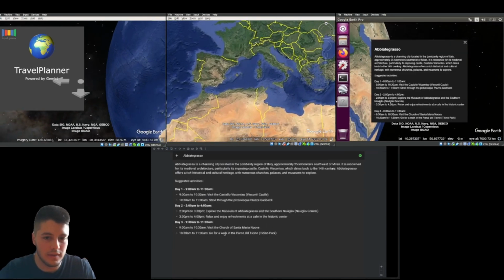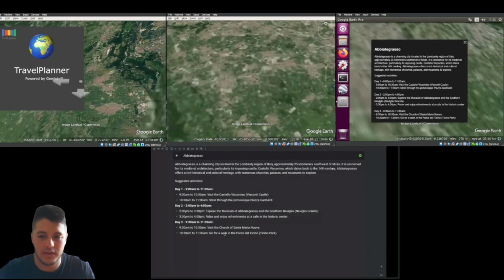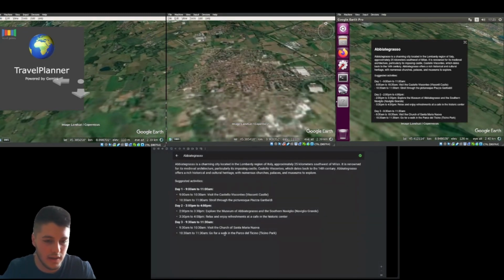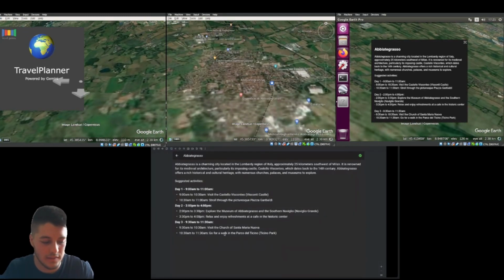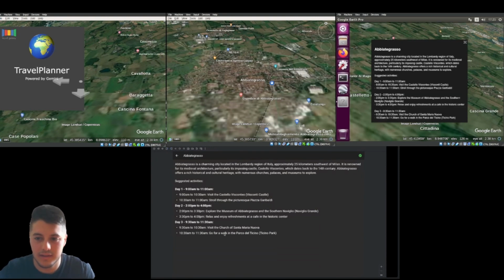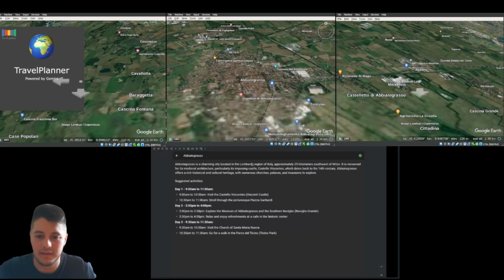Okay, so the application will fly to the selected city, and a list of suggested activities will be shown on the tablet and on the right screen of the Liquid Galaxy, and this information is gathered by the Gemini API. There will also be a very quick description of the city, and that's all. I hope you like this very simple application, and see you soon.